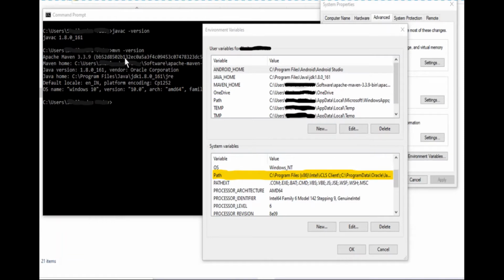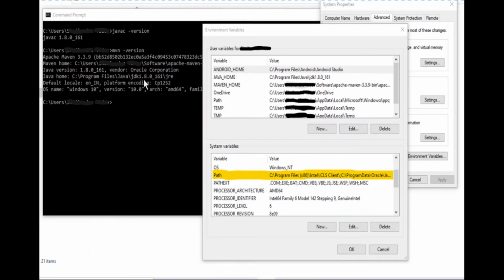Now let's move to the Maven part. If your MAVEN_HOME variable is set properly, then you have to write mvn -version, and once you press enter, it will show you the Apache Maven 3.3.9 version and the Java version it is using, and your JRE version, the complete path of the JRE.